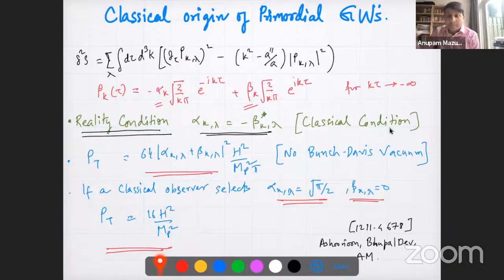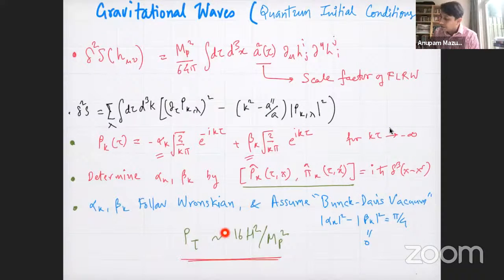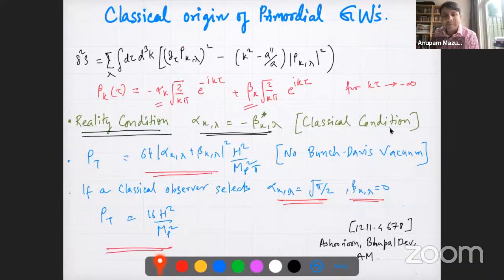However, if you really want to mimic exactly the previous result, then you can choose alpha k and beta k accordingly. Of course, it's a classical condition, so you can always raise your hand and say, who gives you this classical condition? But someone who is very agnostic about the physics can say that, look, if I choose some combination of alpha k and beta k, I can always mimic the answer below. But I will have an even simpler argument,